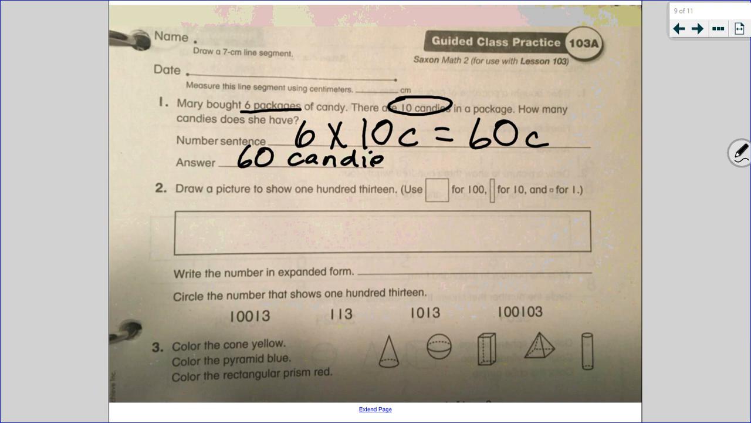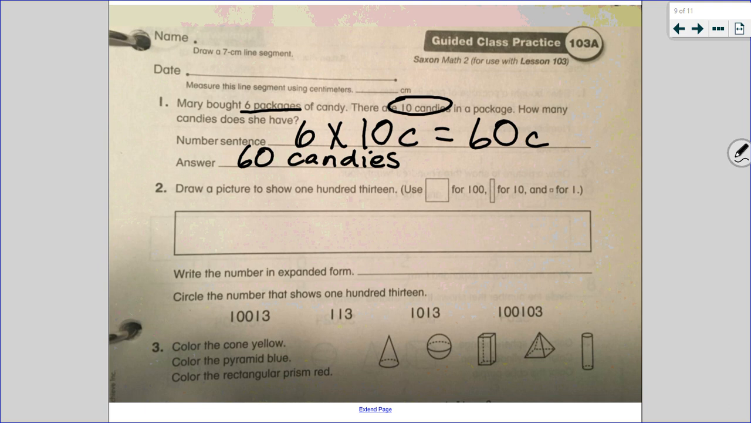I'll give you a minute to get that written on your own paper today. 6 packages is our groups. 10 in each group, the 10 candies in each package. That's an equal group word problem. Great job. Number 2, draw a picture to show